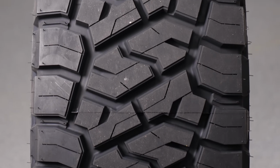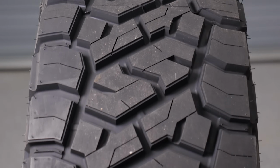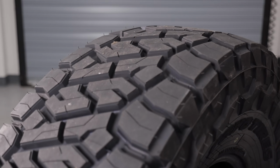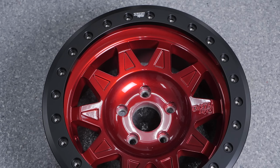They offer better off-road grip than a traditional all-terrain tire, especially in sand, mud, and deep snow. And thanks to the extra thick shoulder and sidewall lugs, these things will dig deep into soft terrain. The thickness also provides impact and puncture resistance, and we'll be wrapping these rubbers around a brand new set of